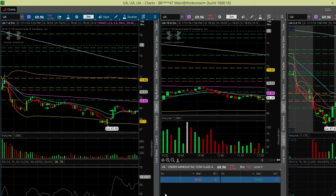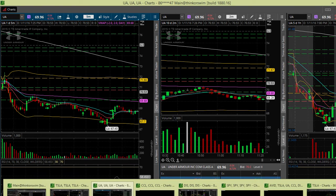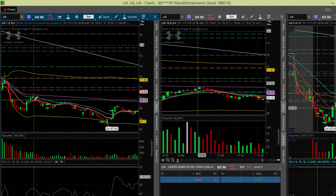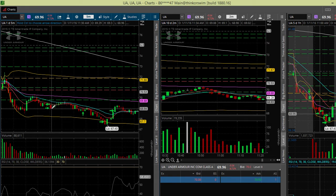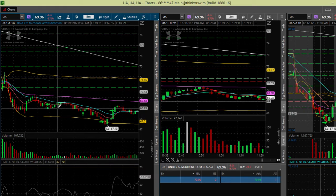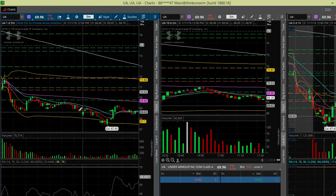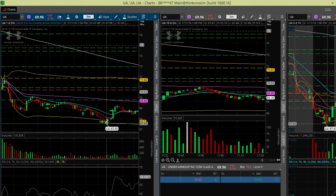Hopefully I can get it cleaned up here in the next couple days. Just trying to make sure everything is a little bit tighter than this. I mean, I really, I didn't have to take profits here. I could see taking it here, on this level here at 69. That was a good place to take it. And then when it came back, this was a good place and this was a good place, but